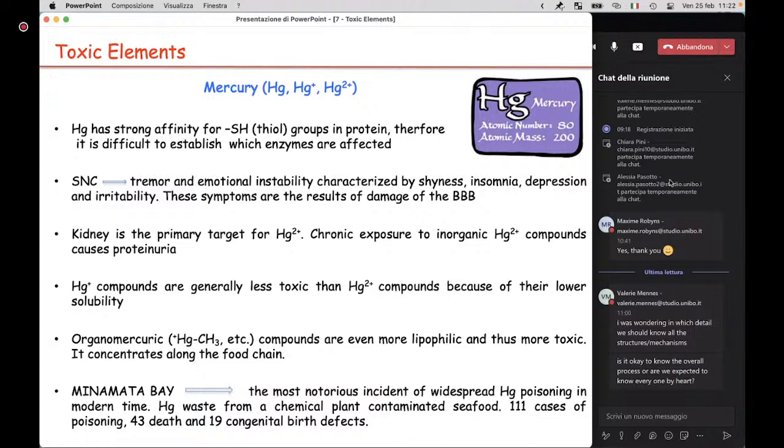Mercury is also toxic toward the kidneys, and damage to the kidney means that they usually stop working, and a lot of compounds can pass from the blood to the urine; in particular, albumin is a sure sign of kidney damage. Of course, if the kidneys stop working altogether, this is very dangerous, and you may need a transplant or dialysis for life.